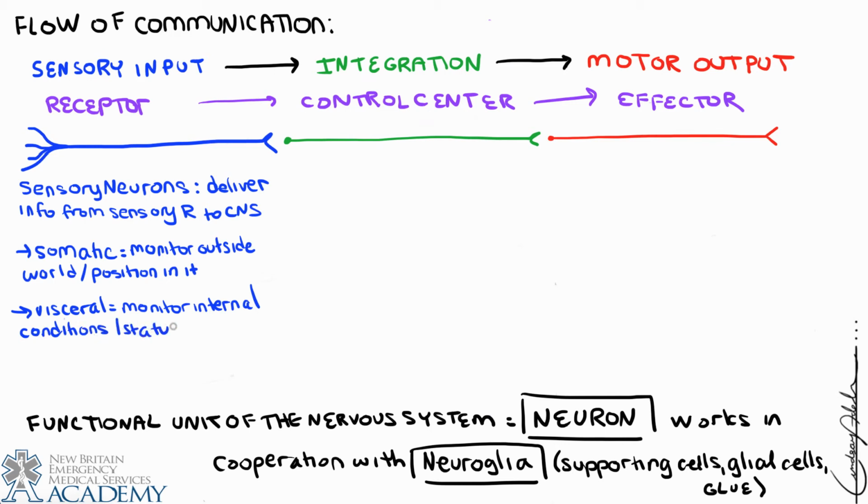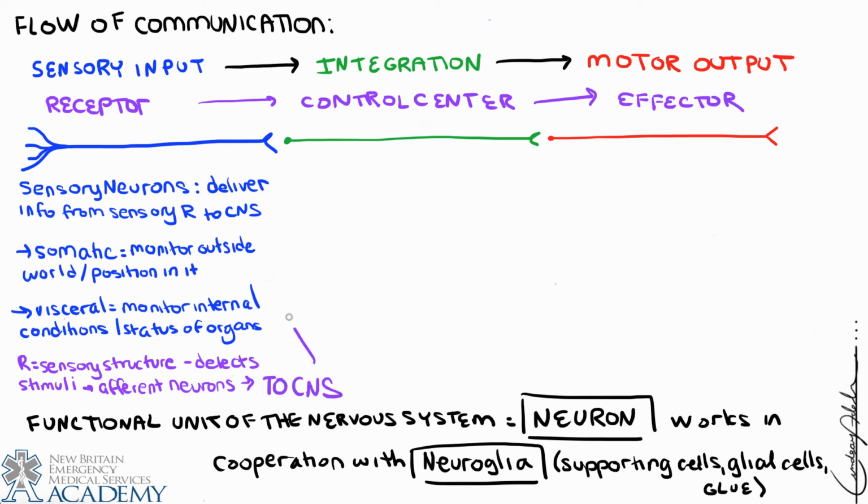And then visceral sensory neurons are monitoring internal conditions and the status of organs. So, for example, being able to sense abdominal pain could likely be an example of communications traveling via a visceral sensory neuron. So I just want to mention that a receptor is a sensory structure that detects changes in the internal environment or the presence of certain stimuli, and it allows for that information to then travel via the afferent neuron. So we could use the words afferent and sensory synonymously, because afferent refers to the direction of flow to the CNS,